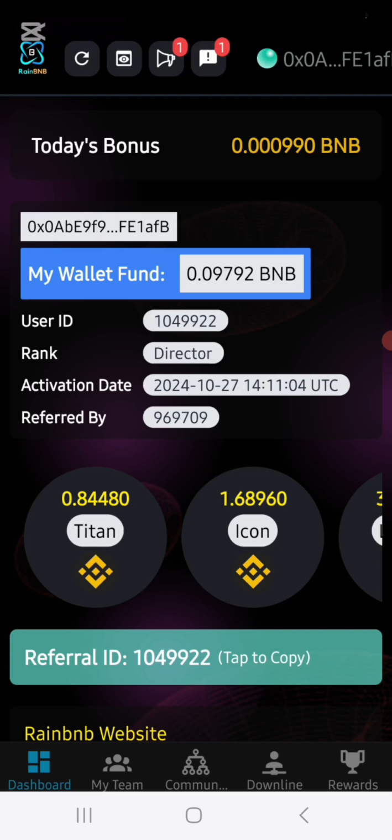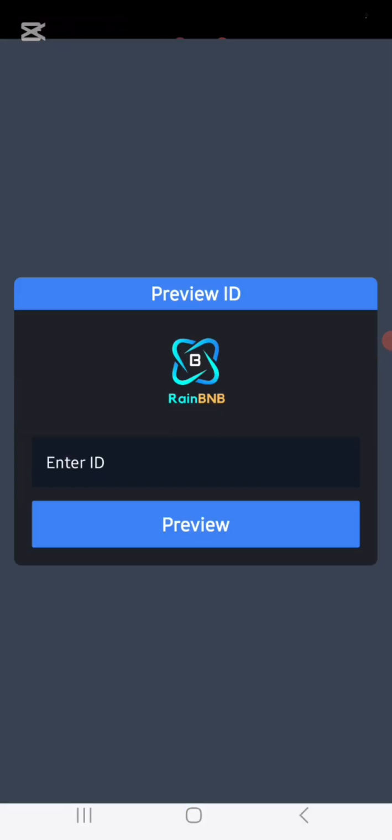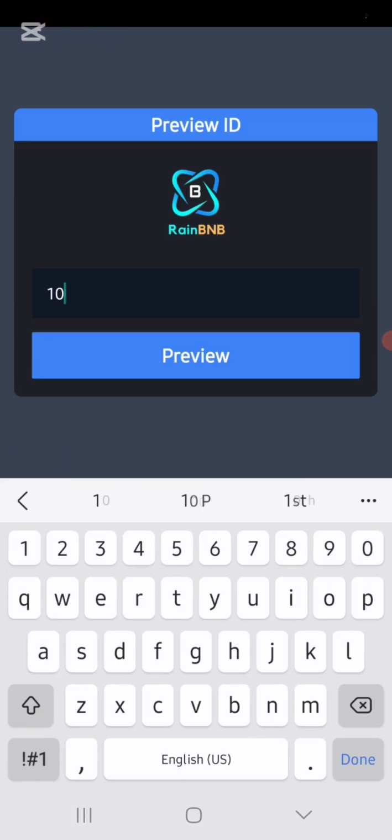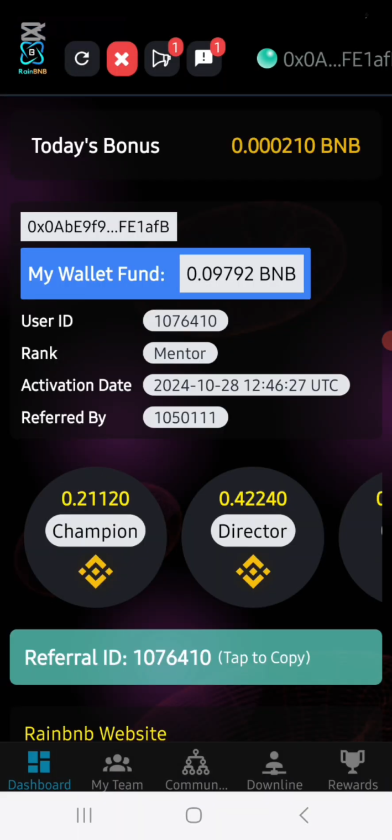Here at the top looks like the square with a circle in. You're going to press there. You're just going to put the person's ID number in to go and check, and you go preview. And now you're seeing the exact same information you saw on the blockchain or on SafeBell, except my wallet fund is not this person's wallet fund because, as I said, that is restricted. It is confidential, okay? So there's the user ID.